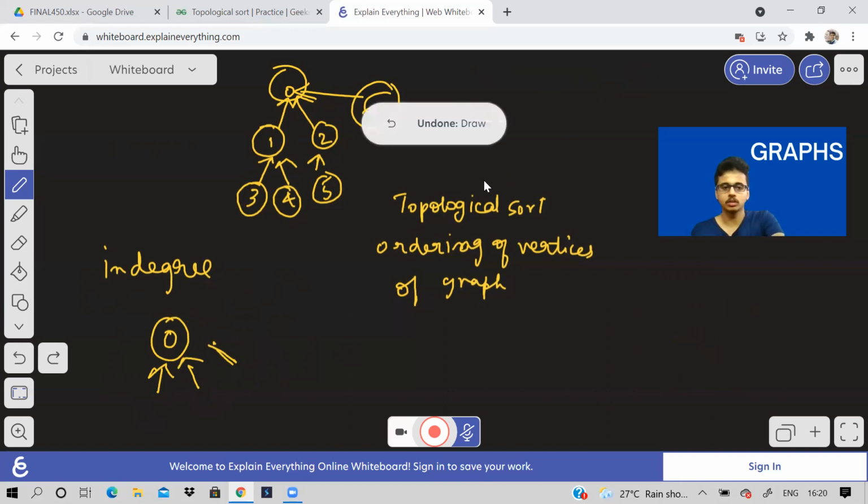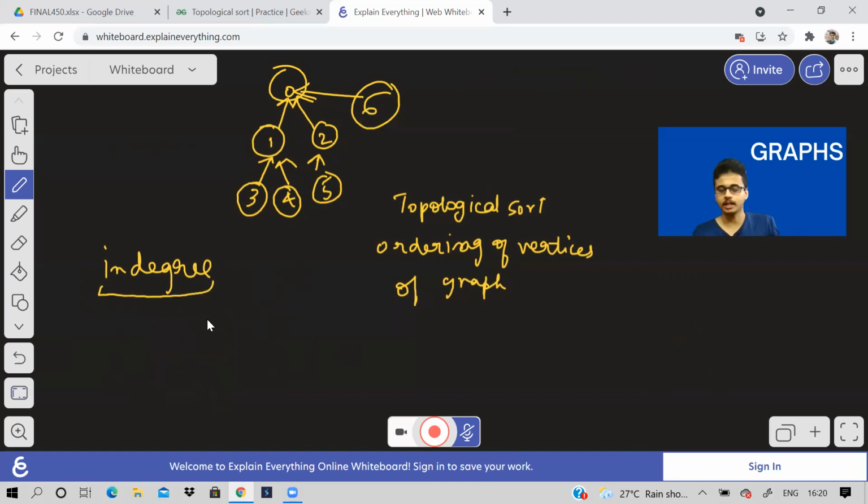So basically, we'll have to print according to in degree only. That is, find all the nodes which have in degree equal to 0, then print them. For example, I'll print all the nodes having in degree 0, 3, 4, 5, 6. Right? But when you consider 3, after printing 3, you're removing this leaf node.